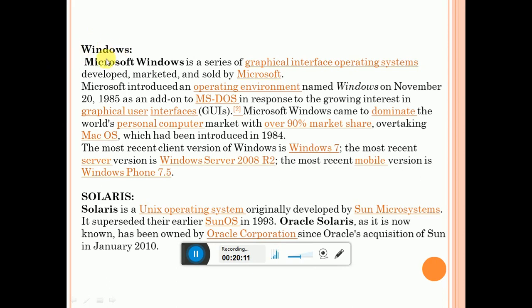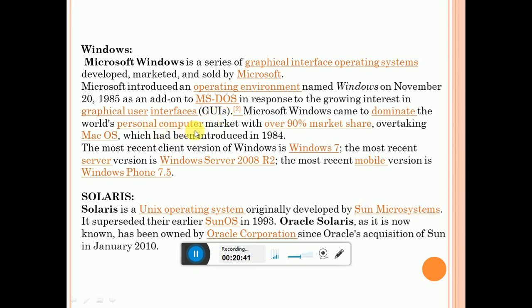The other important operating system is Windows. As we all know, it is Microsoft Windows. Here the main thing is that it is a graphical interface operating system. So it is interactive. I am going to click the file, it is going to open it. If I click open, all the options are present over there. So this is the graphical user interface. In short, we call it GUI, G-U-I.